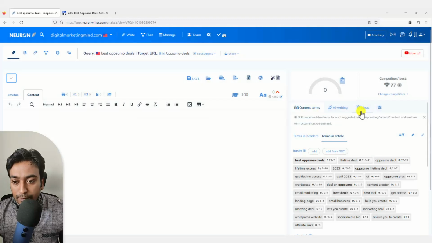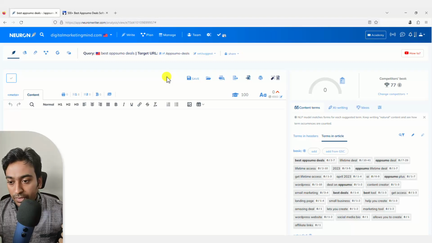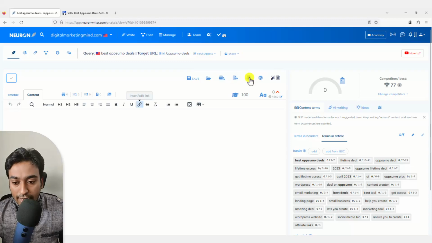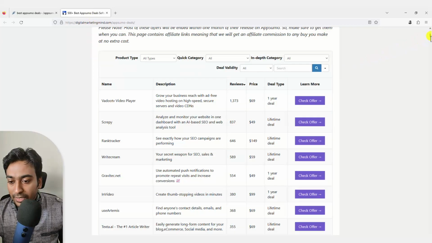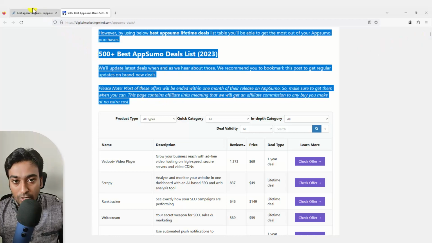When I click on import, it should import that particular text content into this. I'm not sure why, but for this particular keyword it was not working for me. I have reported it to the support team, because I did a test before the video for this keyword to see whether it was a valid candidate for the video. But it was not working, so I had to copy paste it. In case something like this happens to you, all you need to do is copy paste this entire stuff. I don't want the table data. You can copy it if you want.